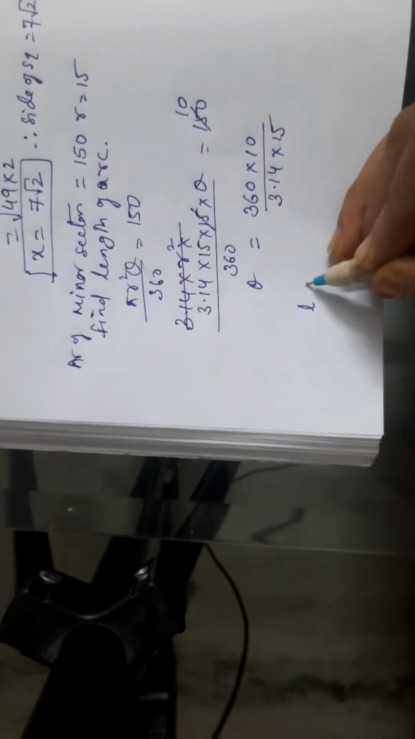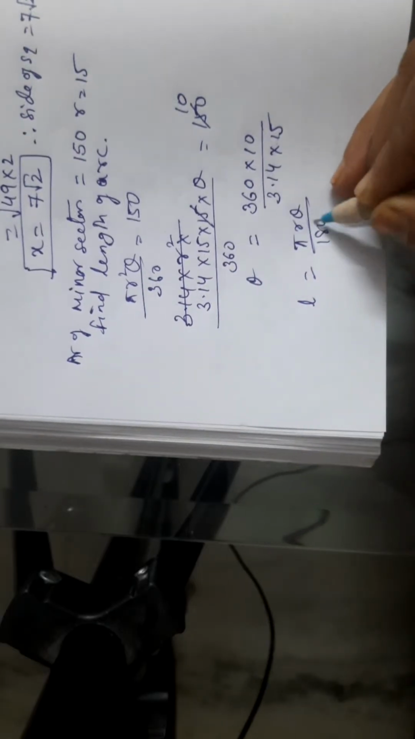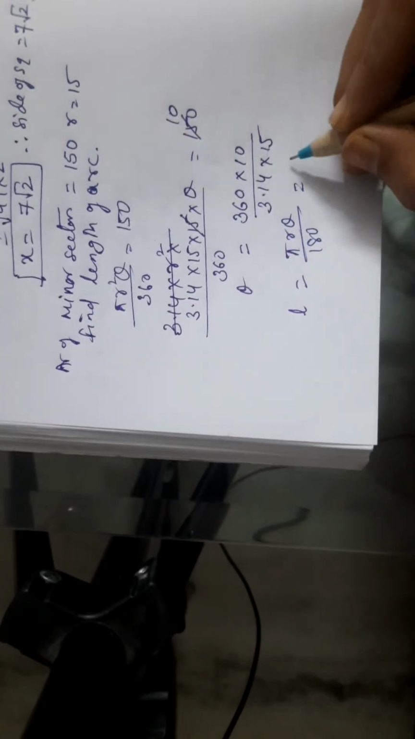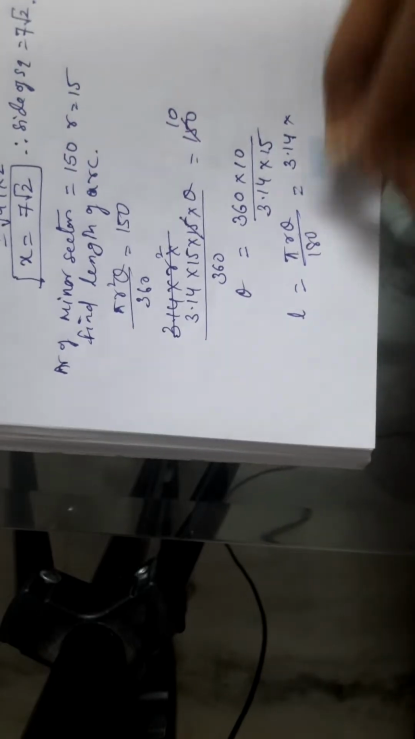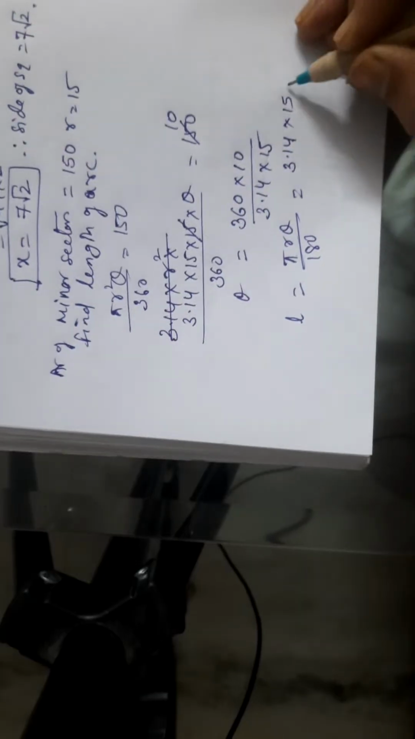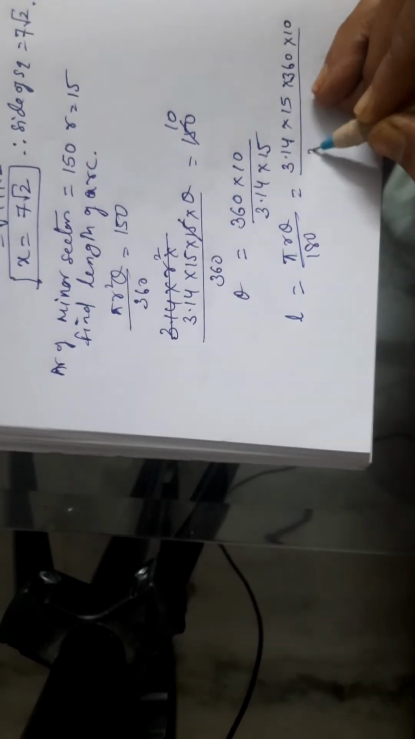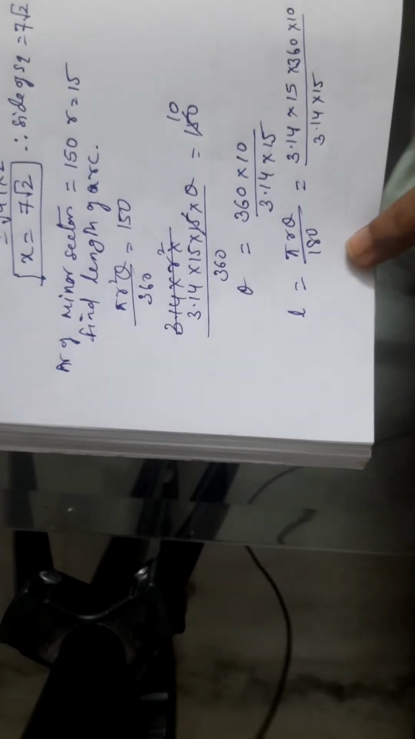Now, length of arc L is pi r theta upon 180. So put in their values. Pi is 3.14, then the radius is given as 15. The value of theta we got is 360 multiplied by 10 whole divided by 3.14 multiplied by 15. It's already in the formula, 2 pi r theta